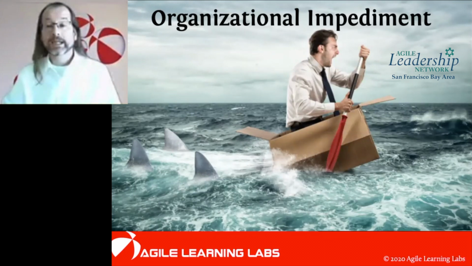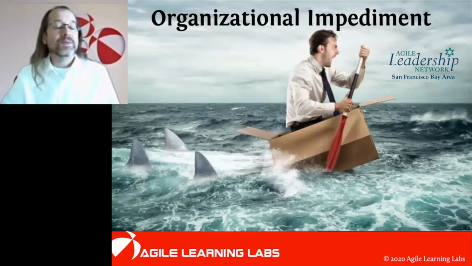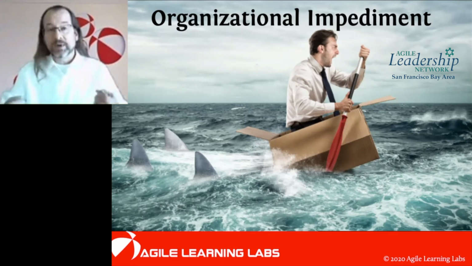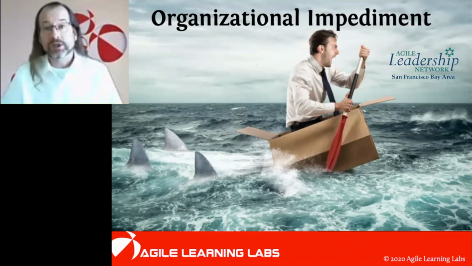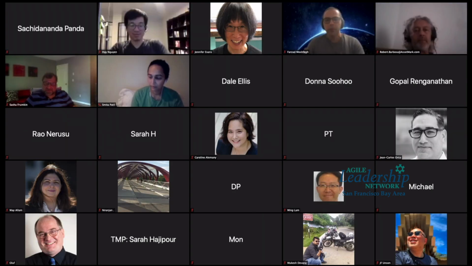And these tend to be a little bit gnarlier, right? Things that I think of when I think of organizational impediments, very often these are impediments that are impacting more than one team. Very often, these are things where people from different parts of the organization are going to have to work together to solve the problem. So it's very unlikely that our Scrum Master can jump in and save the day. We're going to need multiple people from different parts of the organization, usually, to cooperate and work together to solve